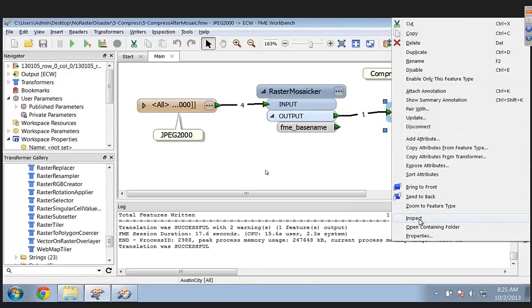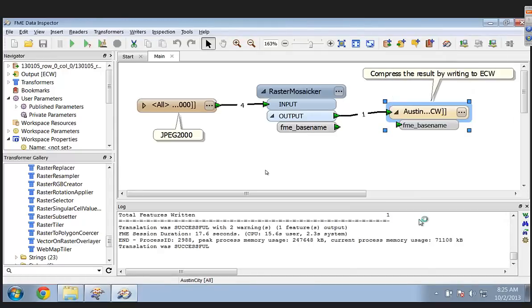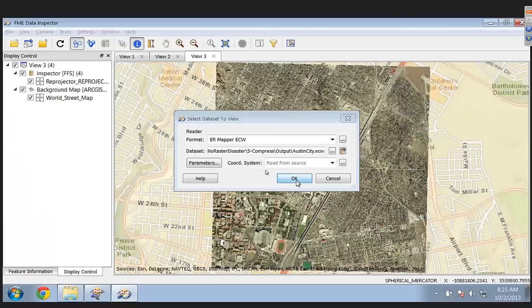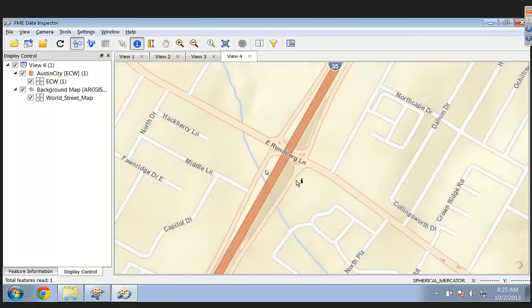Also, if you're familiar with ECW compression, generally there was a model where doing small images was free, and to do larger images you had to pay money. FME contains a full compressor, so you can compress unlimited size ECWs, subject basically to the memory on your computer.